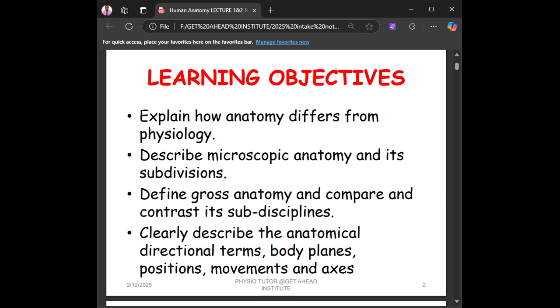Also, by the end of this lecture, you should be able to clearly describe the anatomical directional terms, body planes, positions, movements, and axes. That basically, in a nutshell, you should be able to understand and know the anatomical nomenclature. Okay,